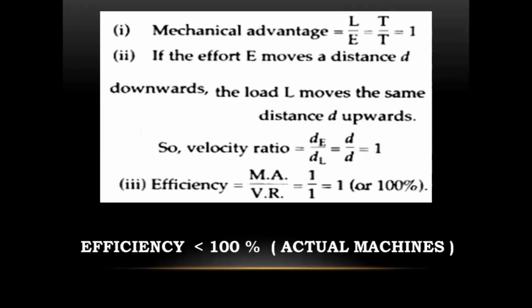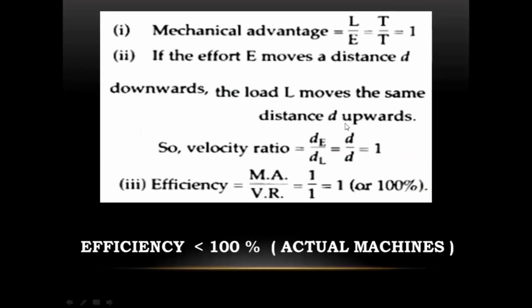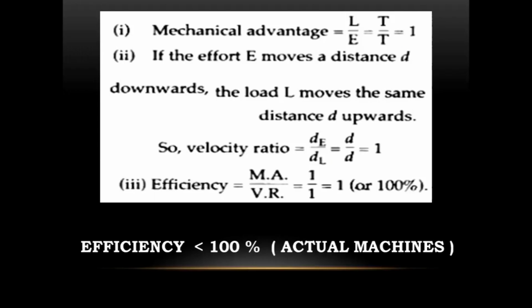Now as we know the mechanical advantage is 1, let's move on to velocity ratio. What would be the velocity ratio? The formula for velocity ratio is dE by dL, that is, the distance moved by the effort and the distance moved by the load. So here, if you are pulling down 5 centimeters, the load will go up 5 centimeters, right? If the length of the string is 100 centimeters, that is 1 meter, and you are pulling 10 centimeters this side, the velocity ratio is also going to be 1.